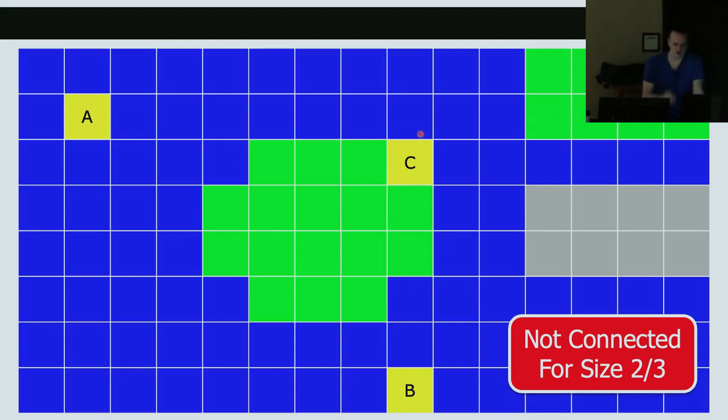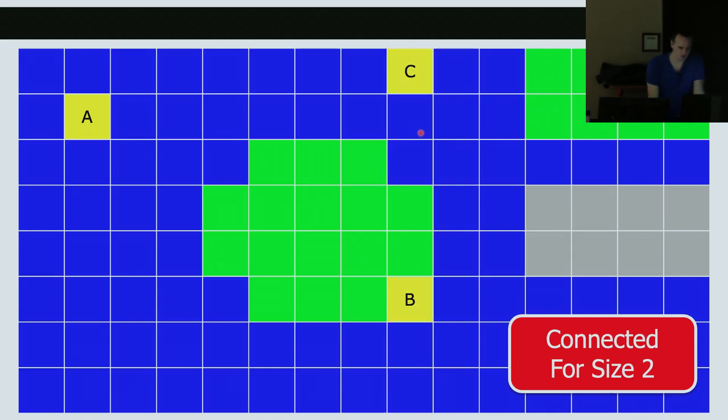However, even if you could fit it there for size 3, there would be no legal path from B to C with size 3, or from A to B, for that matter. These are connected for size 2. Okay, so I can get from A to C with size 2, and I can get from A to B with size 2. And that means I can also get from B to C with size 2. Those are connected for size 2, but they are not connected for size 3. Yes, I can fit objects of size 3 at all those locations, but I cannot move them to the other locations, so they are not connected. Also,